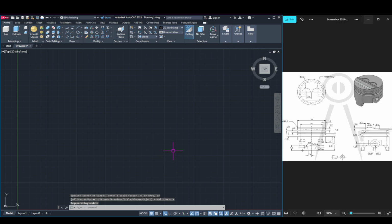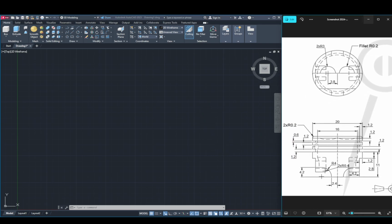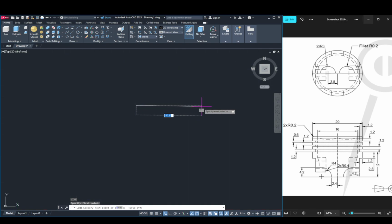It's my personal preference for setting the limits to 420, 297. You can change it to another also. Now we will start the drawing from this view. So let's begin it with ortho off, ortho on and grid off,